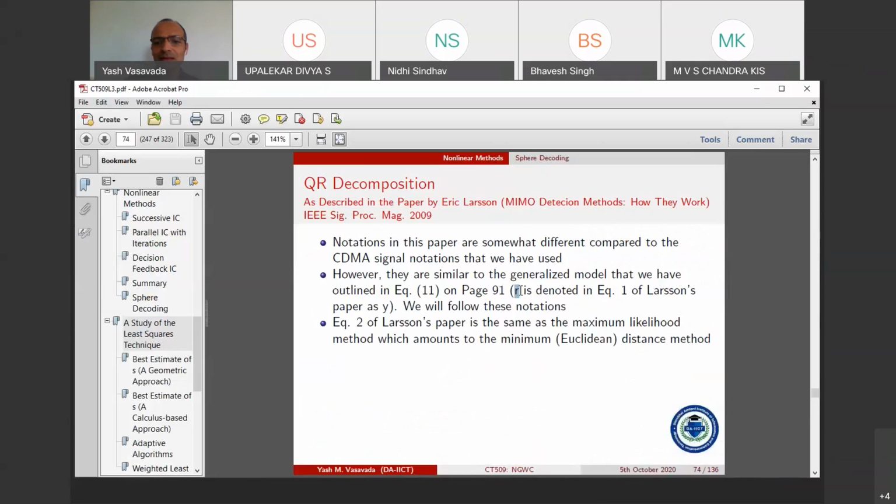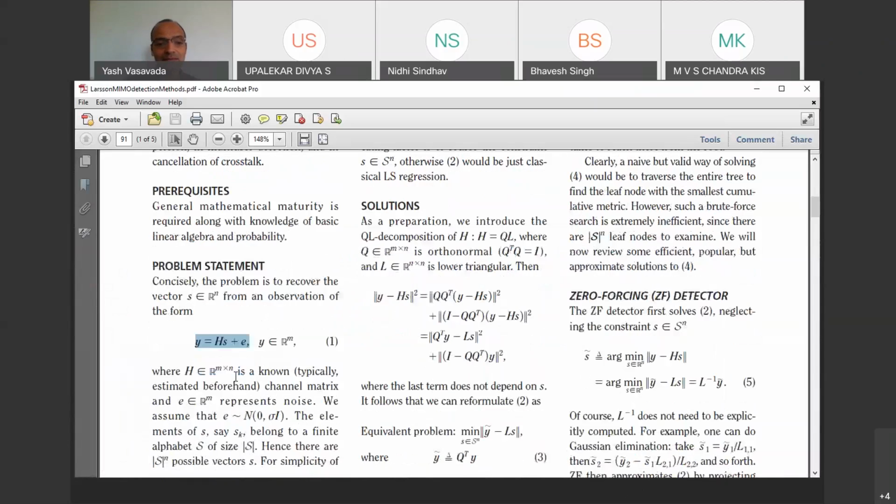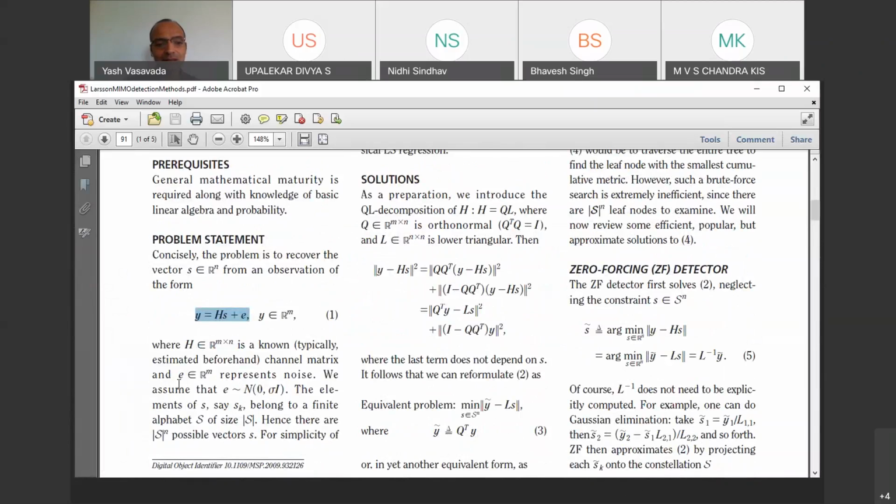The vector that we have called r, the vector of received signal, is denoted as y. That is one of the main notational differences. But otherwise, you see H and s are similar. e is the noise vector,